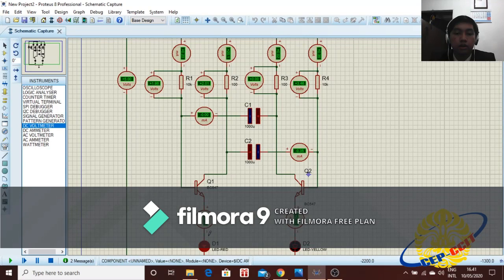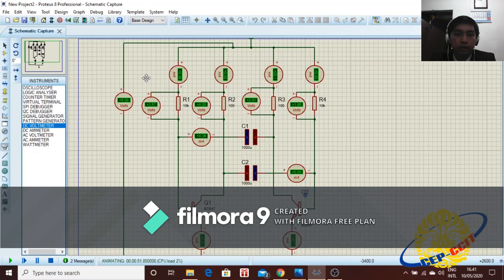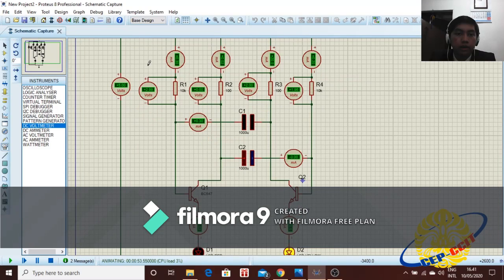First of all, the light is gonna change from red to the yellow, and in the circuit we use 5 volt power supply from above, and then in the first resistor the voltage is